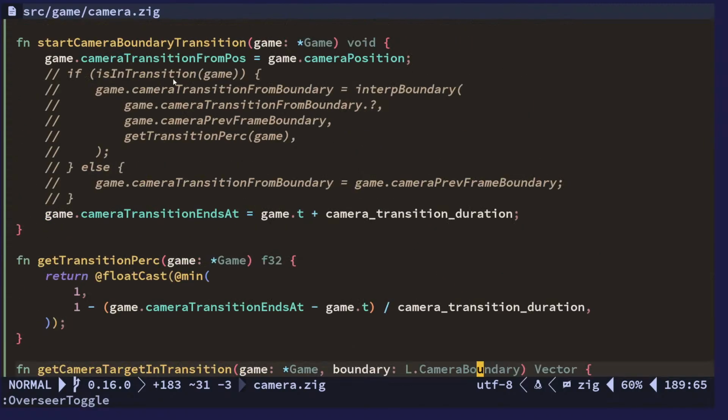So maybe when we start the transition, we do want to store this, I believe, or we want to have it affected somehow. But maybe if we store